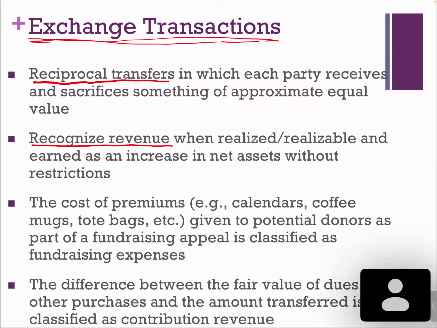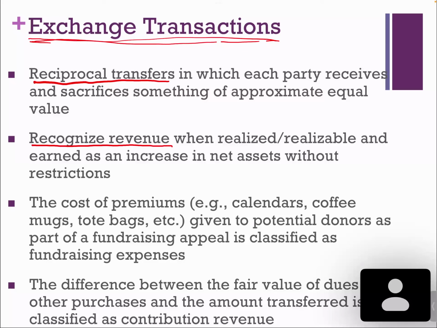So for exchange transactions, that's where the nonprofit would actually be giving something up of value. So let's say they're doing a fundraiser and they're selling donuts or something like that. Then we give a person a donut, they give us money, we recognize revenue, and it increases our net assets without donor restrictions. Okay,